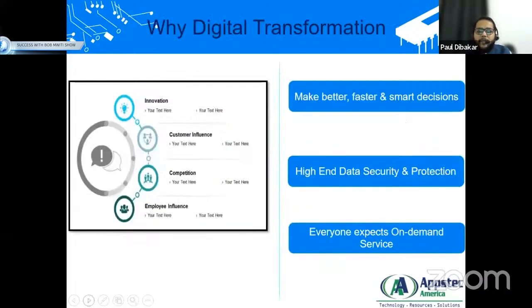Now let's quickly understand why digital transformation, right? In addition to innovation, customer satisfaction, competition and employee influence, there are 3 basic reasons why digital transformation is getting adopted across all the major enterprises. First,